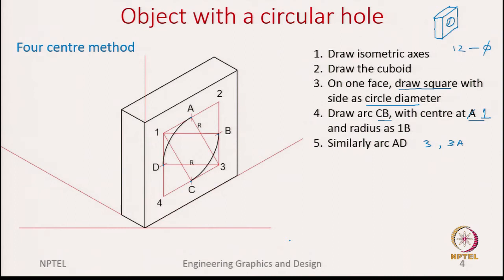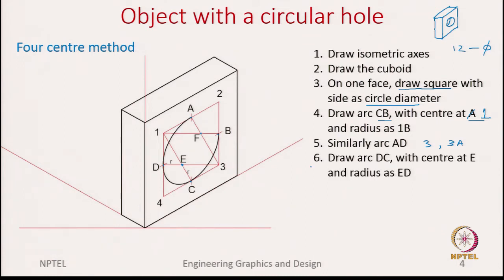For that, we locate the points where these construction lines meet and name them as points E and F. What are points E and F? Those are the points which are intersected by these construction lines. Now, I take another radius. My radius is small r here, which is ED, that I can measure with the compass, and with center E I draw this arc DC. So, this is the arc I have just drawn. Similarly, using the same radius but now with center at F, I can draw another arc AB.